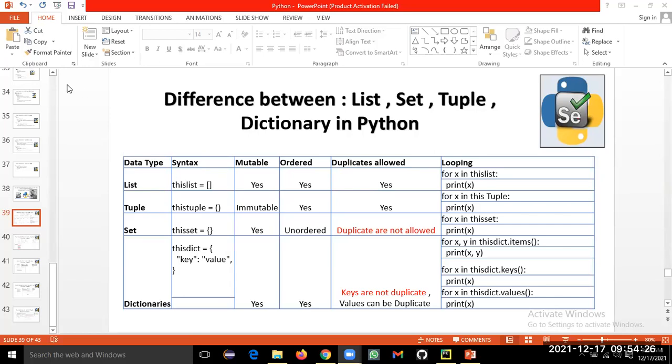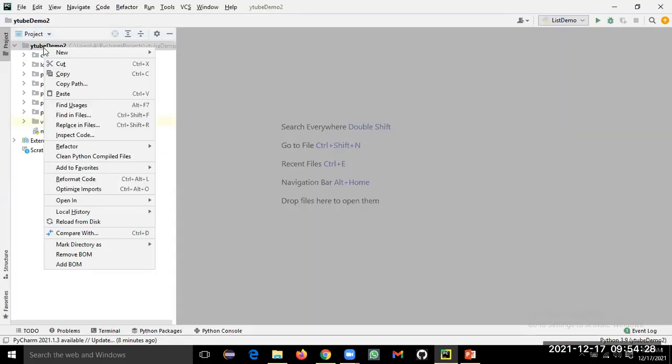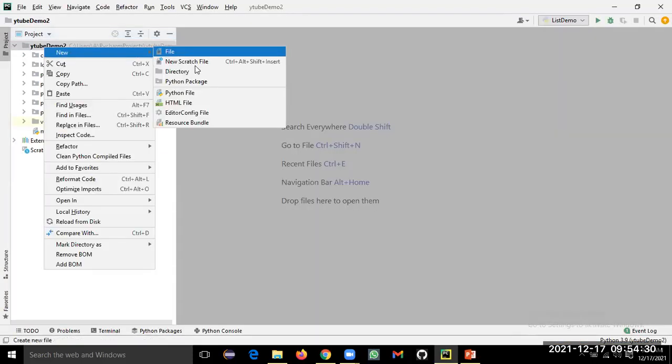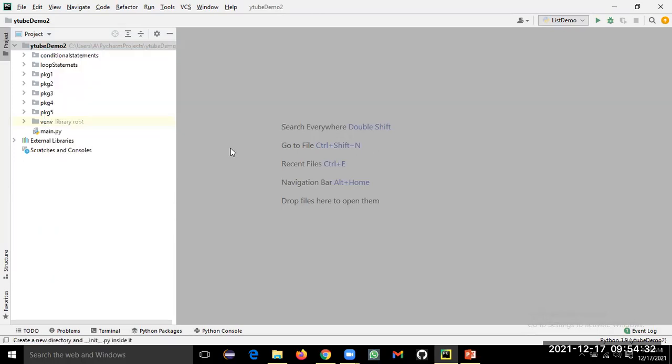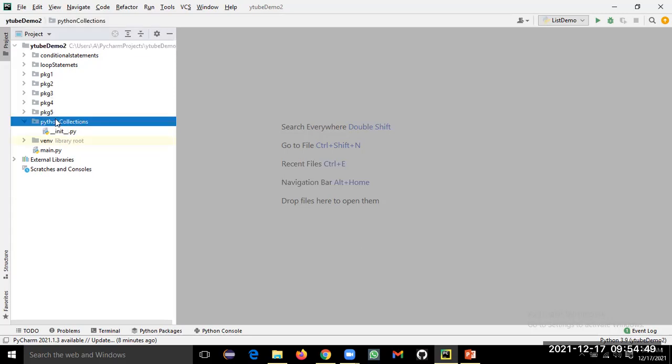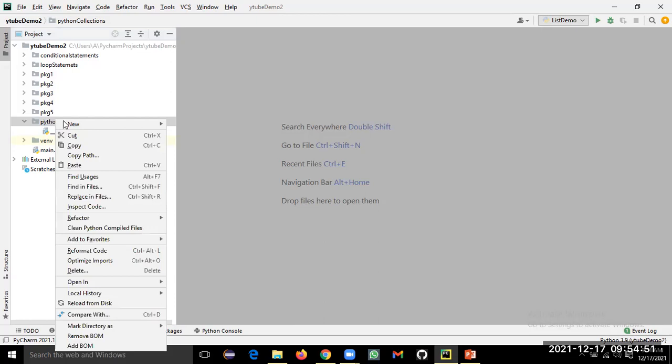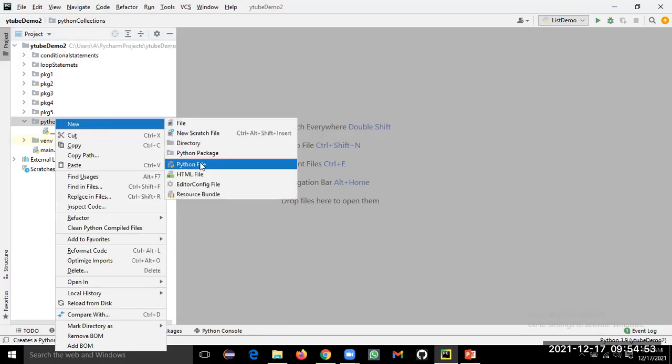So let us move to our PyCharm. What I'll do here is create a Python package and name it Python collections. In it, I will create one Python file for each collection we want to learn.